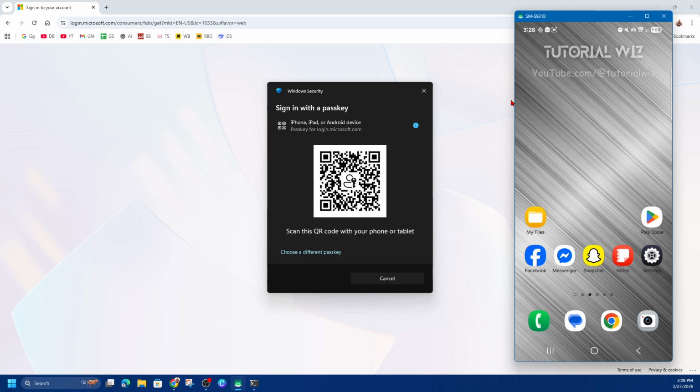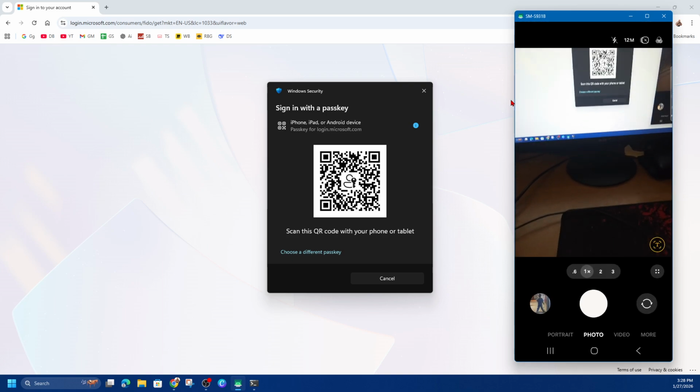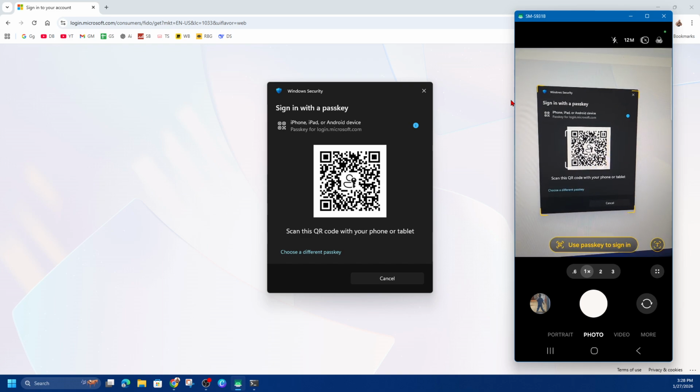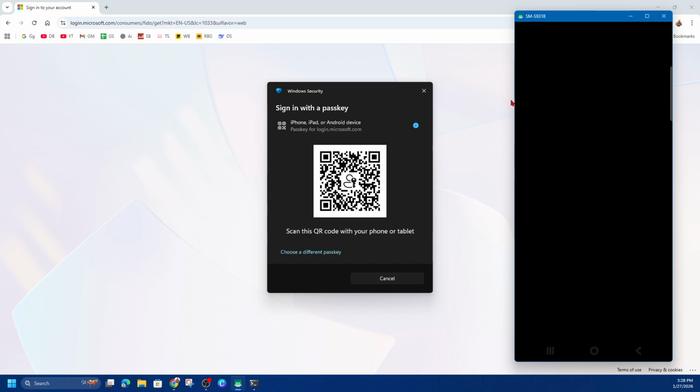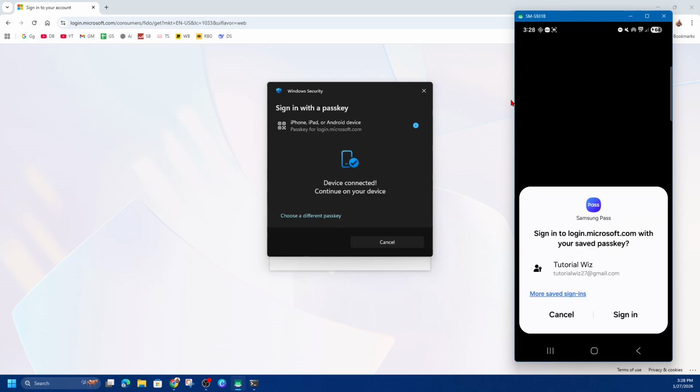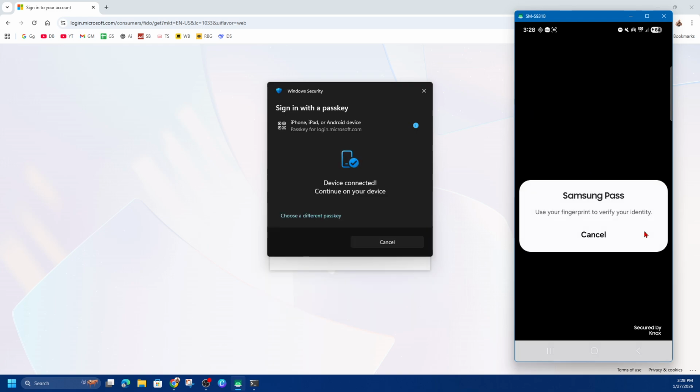So I'm just going to get my phone up. Now I'm going to go ahead and scan that like so. And then it says here, use passkey to sign in. Now the screen's gone blank, but what I'm going to do is click on the sign in button there. I'm going to use